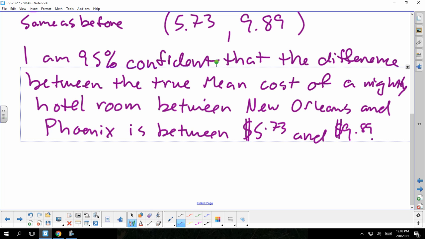The other way to interpret that would be to say that I'm 95% confident that